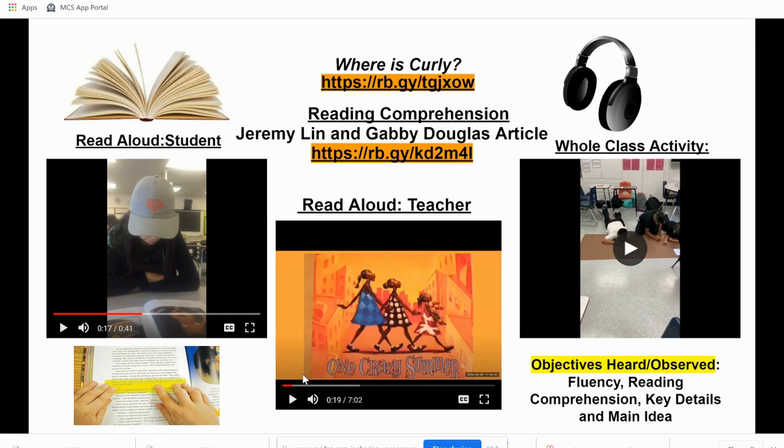Now it is accessible. Again, no reason why our students should not have the opportunity to hear literature on an ongoing basis. Use the tools that you have. Our phones have so many things on them. That is one of them that I definitely would say teachers should use on a more consistent basis.